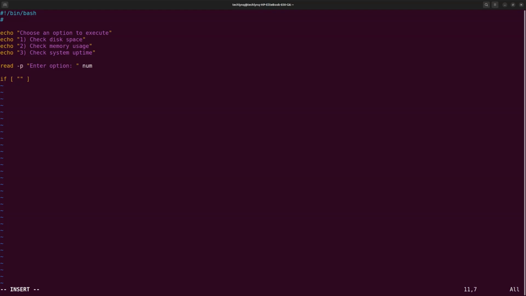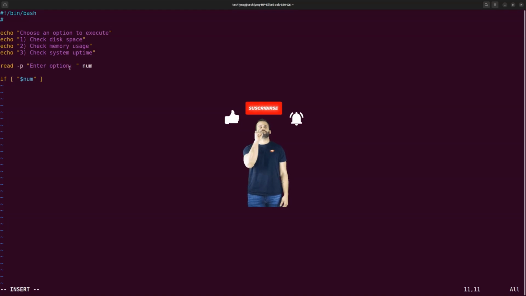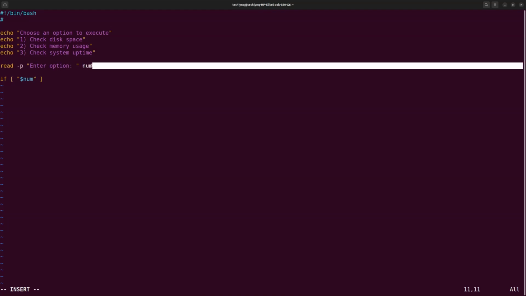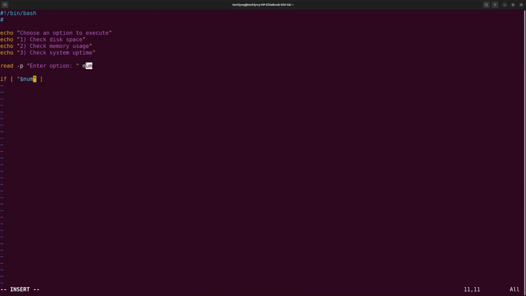We could have something as simple as that. So when the user picks an option between 1 and 3, the option is entered inside this variable here. So when it is entered, we are now going to compare